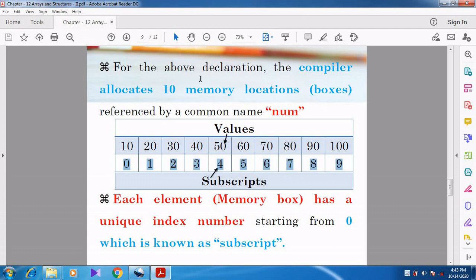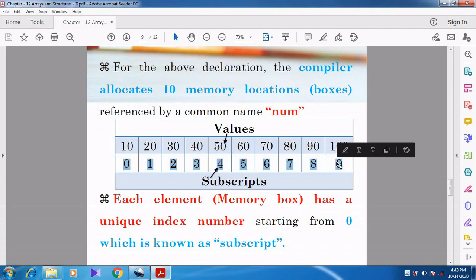If you consider the n value, that is the number of values, as 10, you reduce n minus 1, that's all. n minus 1 means 10 minus 1, 9. As it starts with 0, it always ends with n minus 1.